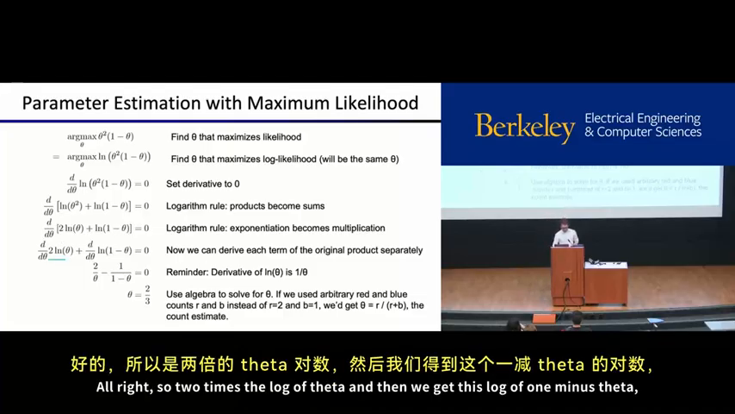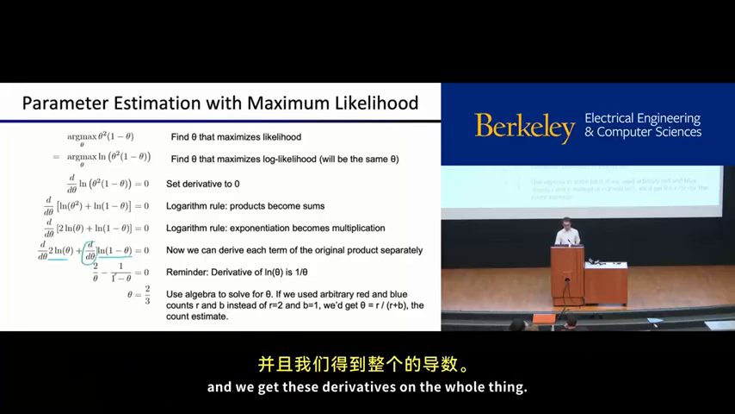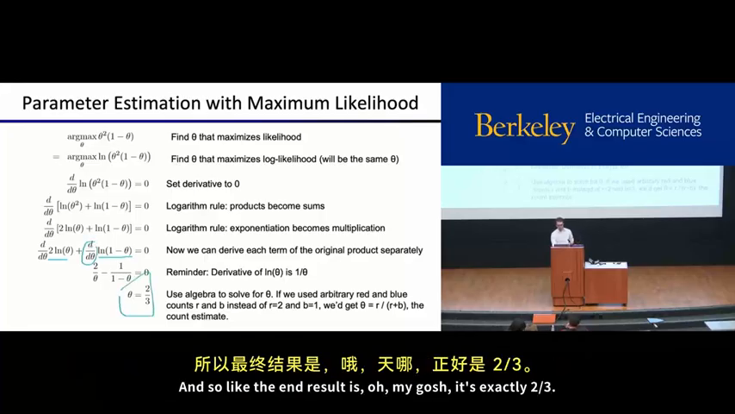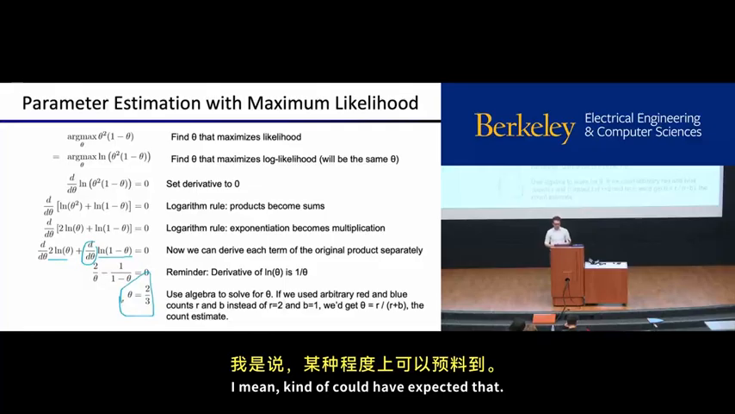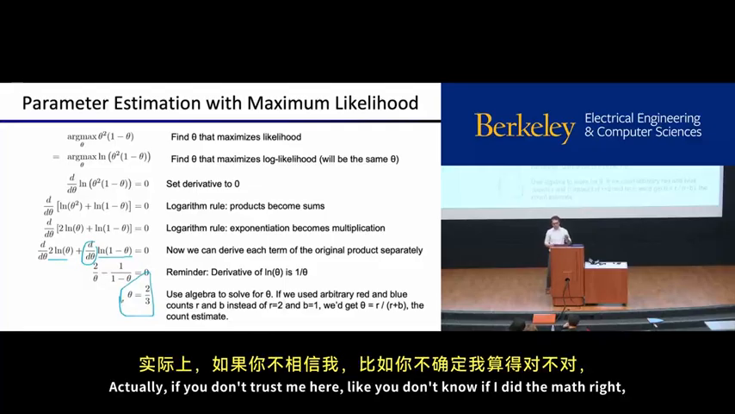All right, so 2 times the log of theta, and then we get this log of 1 minus theta, and we get these derivatives on the whole thing. And so the end result is, oh my gosh, it's exactly 2/3. Couldn't have expected that. I mean, kind of could have expected that. Actually, if you don't trust me here, if you don't know if I did the math right,